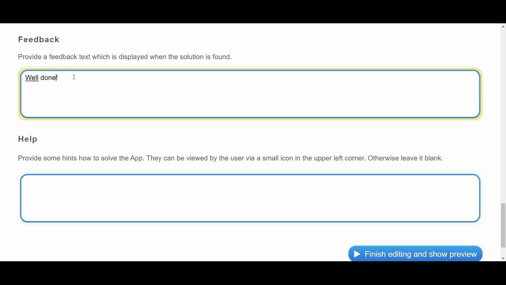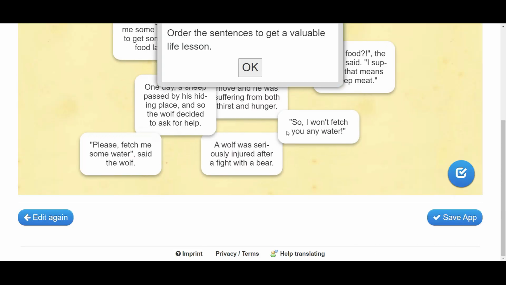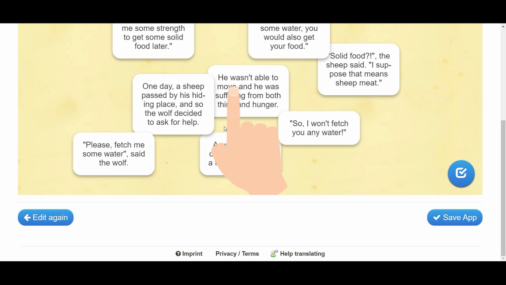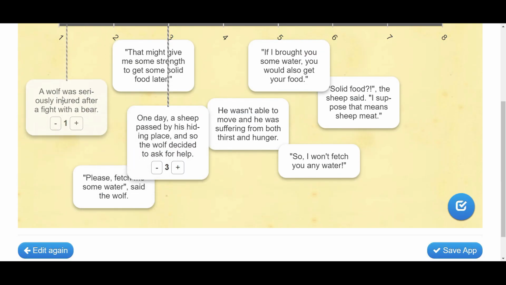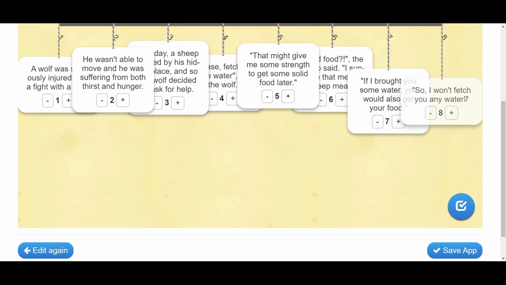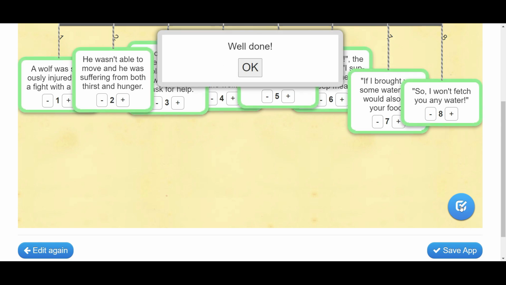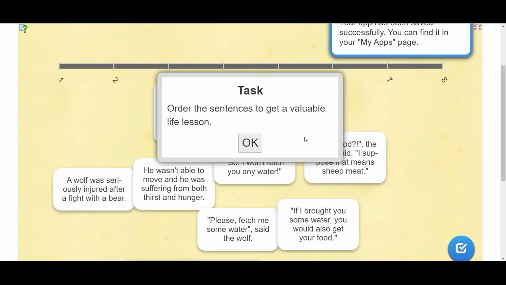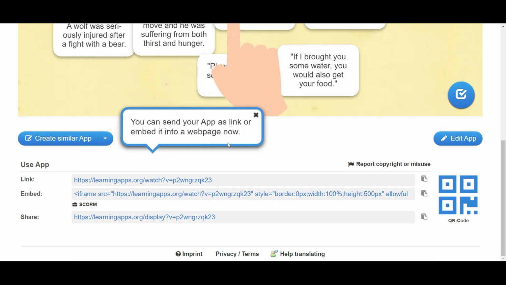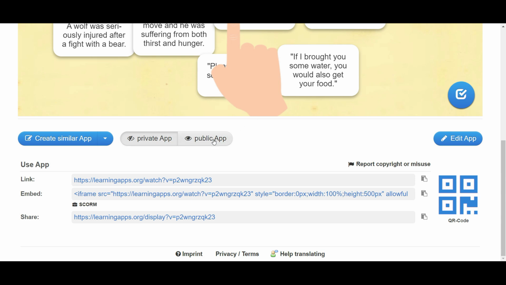After all the sentences have been typed, we add a feedback and then we finish editing and see if the app is ready to be saved. We solve each Learning Apps exercise in order to make sure that everything's fine, and then we make it public.